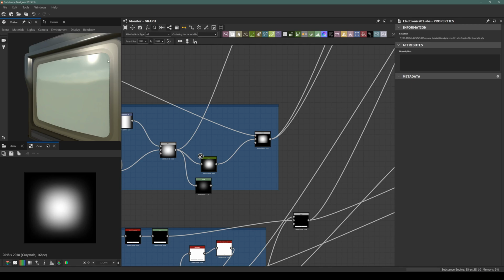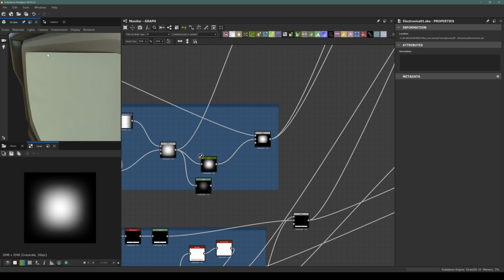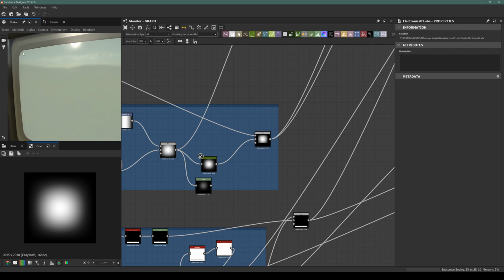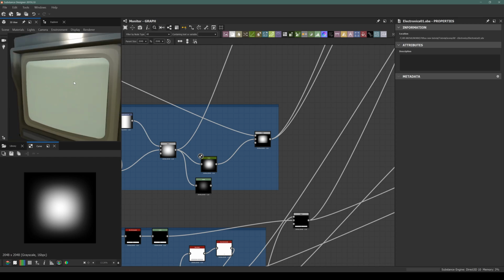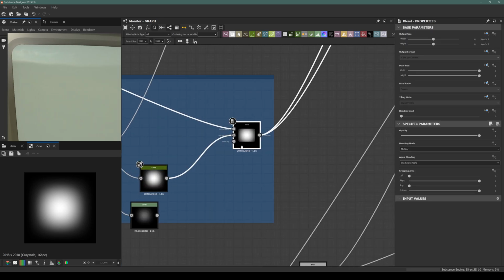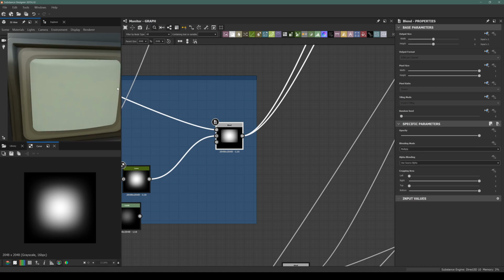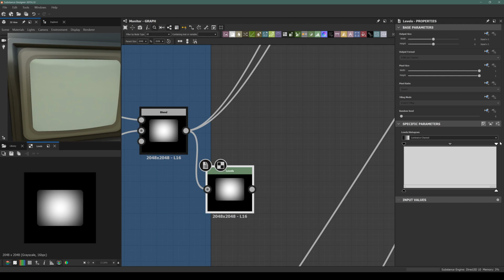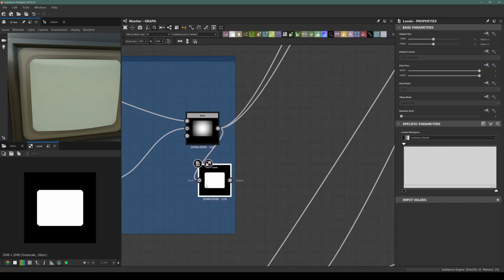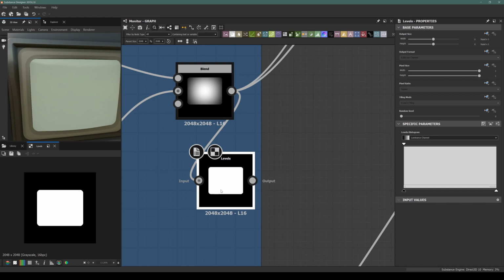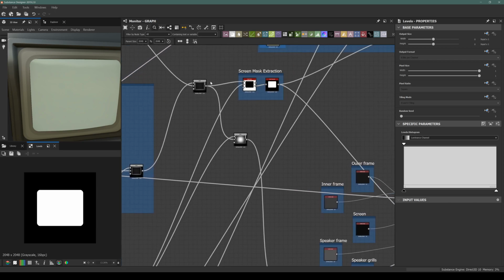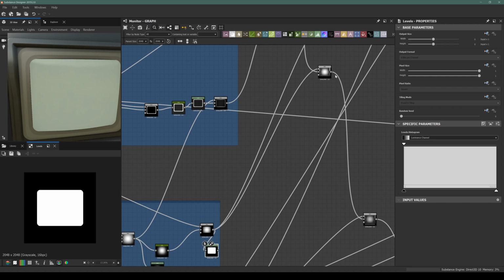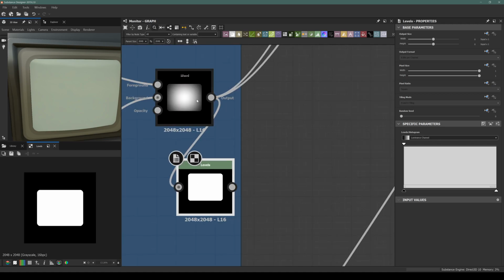For the seams of the CRT screen, we should have a direct angle from the edges of the CRT to get under the frame of this screen. To do that, we need to have an edge form, then we will have to blur it and then subtract it from the general bumpy shape of the CRT. In order to do that, I will just push down all the white values first to create a mask of this screen shape. I can also use the one we have extracted from this blending, but I don't want any blending data right now